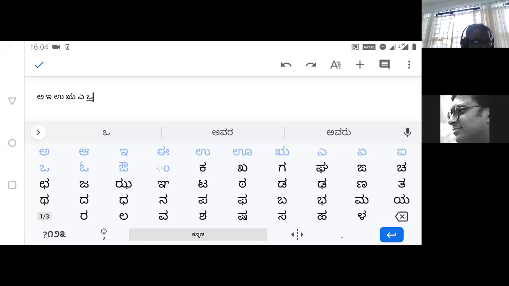And along with that, you have 7 long vowels, or the Dirgha Swaras, which is A, I, U, and then there's actually a longer version of Ru in Kannada, which is not there in this set of letters on the Google screen, partly because you very rarely use the long version of Ru, and if you are writing something from Sanskrit, then Sanskrit doesn't have a short version of Ru.